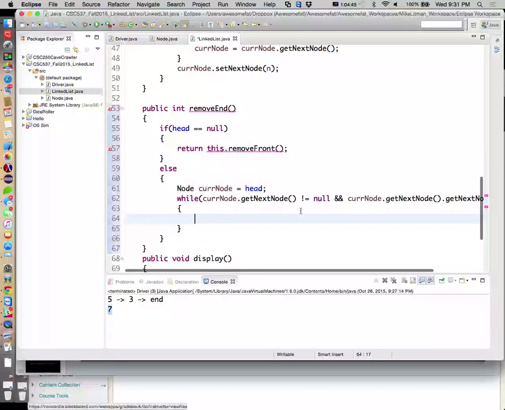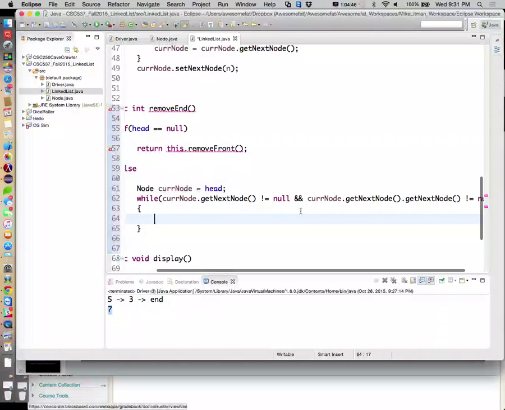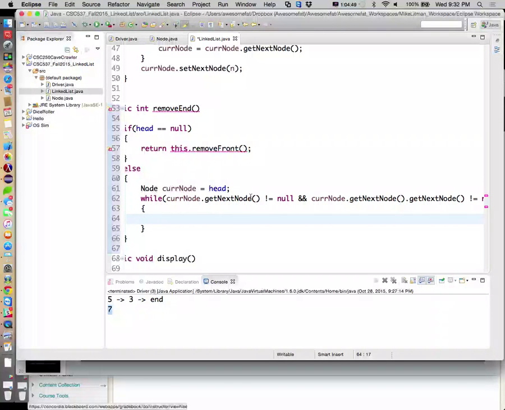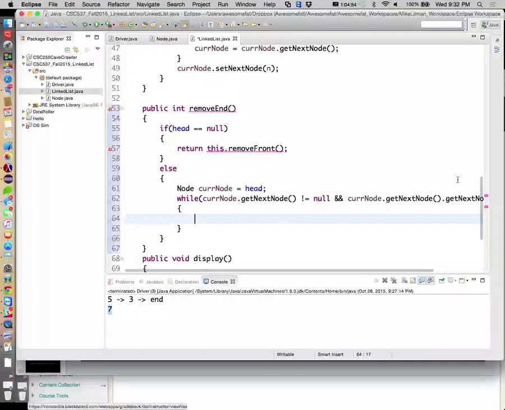If both of those things are true, if Cur Node has a next node and his next node has a next node, then what are we going to do? We're going to set Cur Node equal to Cur Node dot get next node.